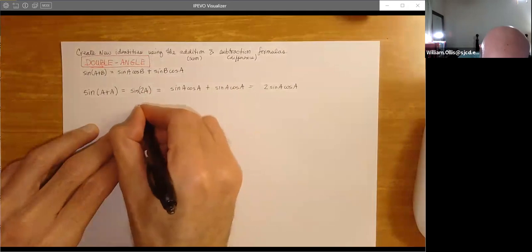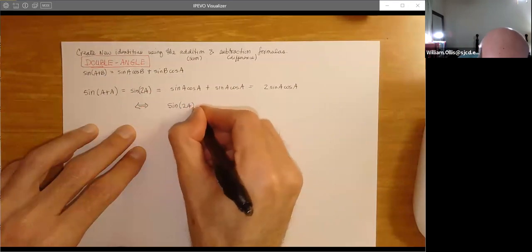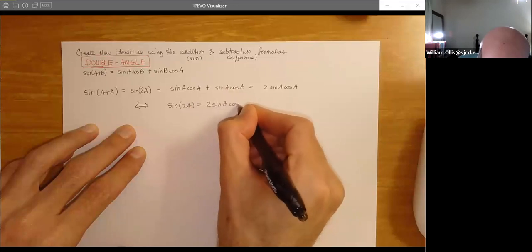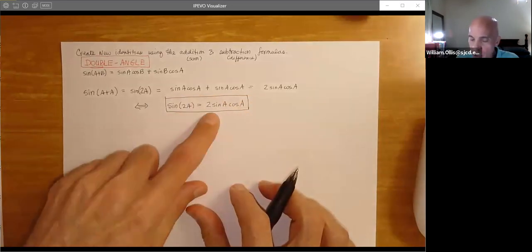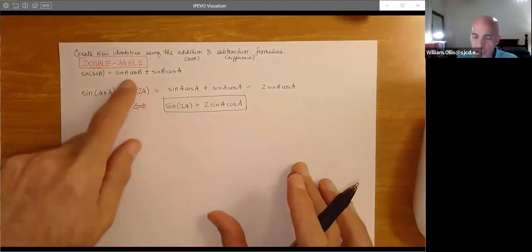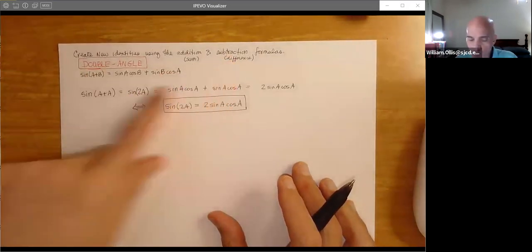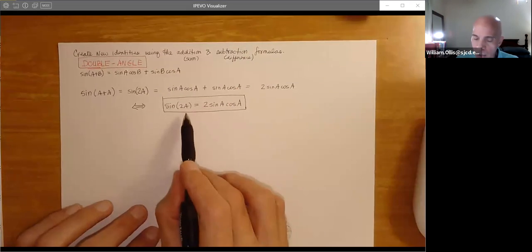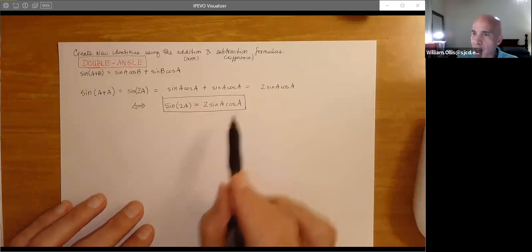So let's just kind of summarize it. Sine of the double angle. And you will use this, you'd be surprised how much you're going to use this even in Calculus 1. Sine of the double angle. So sine of 2A is 2 sine A cosine A. That kind of rolls off the tongue. So now, if you're going to remember this, you need to know this. So basically these addition and subtraction formulas are going to give us all these new ideas, every one of them. So repeat after me: sine of the double angle. Sine of 2A equals 2 sine A cosine A.